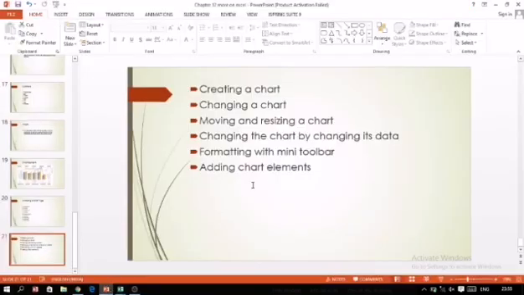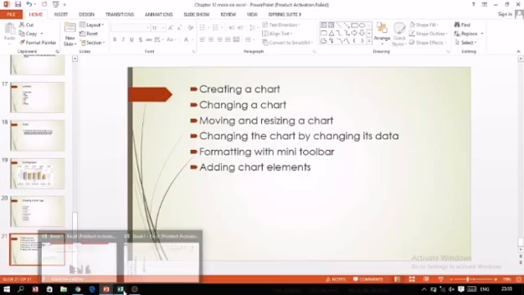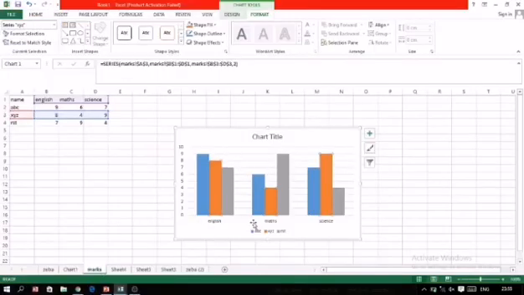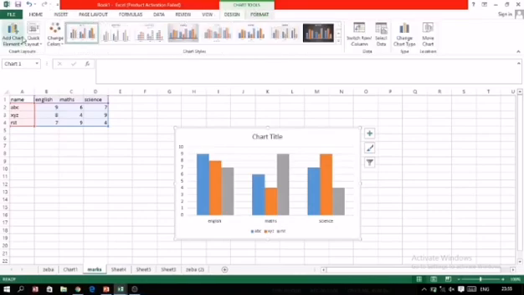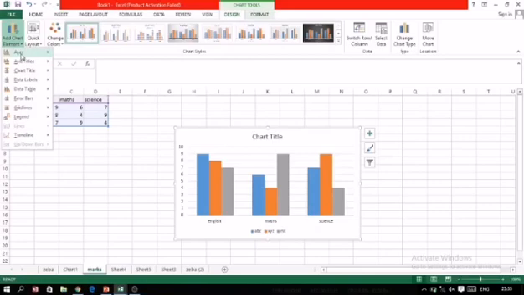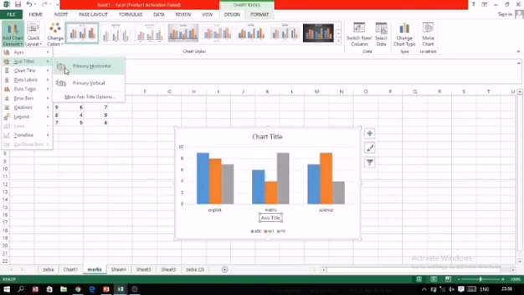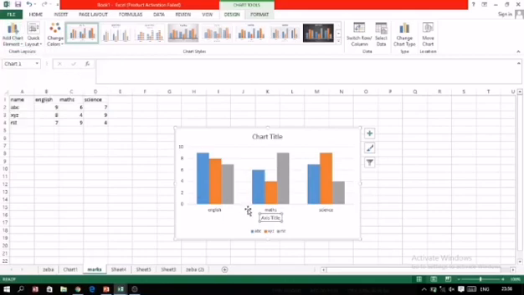The next topic is adding chart elements. For example, the chart which we have drawn does not contain all the elements. Like what is the chart? Marks, subjects are coming, but the name of the subject is not there. So for this purpose, first we have to select the chart, click on Design, and the Add Chart Element button is given here. For example, Axis Titles, Horizontal title. As I selected it, the axis title appears. Now here I want to give the marks option, so I can type it.